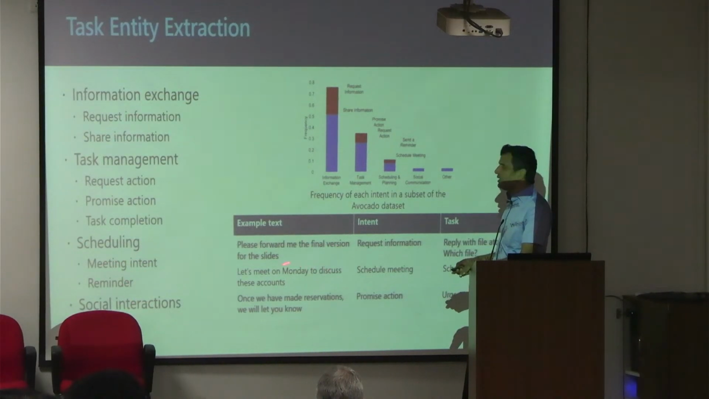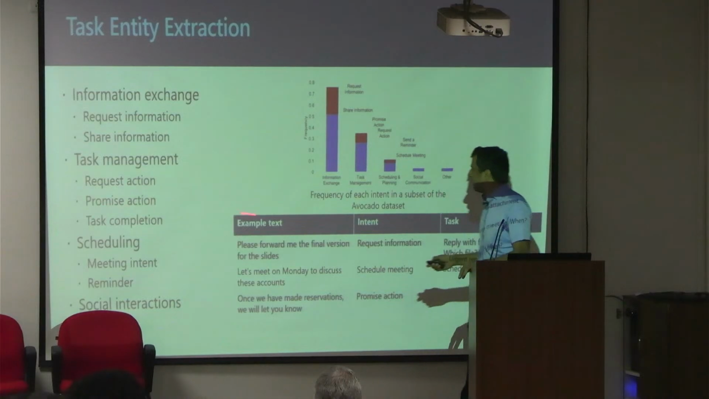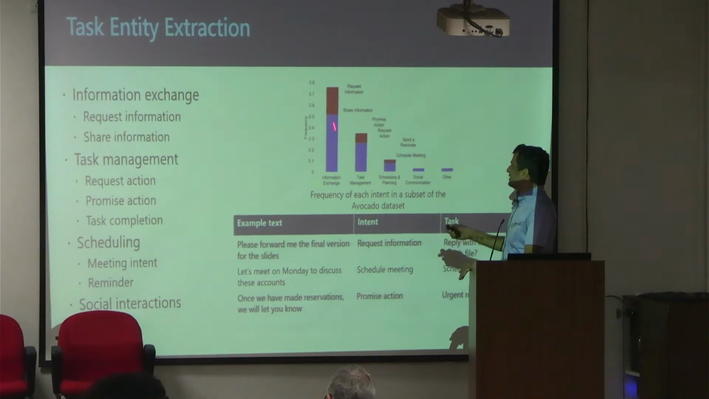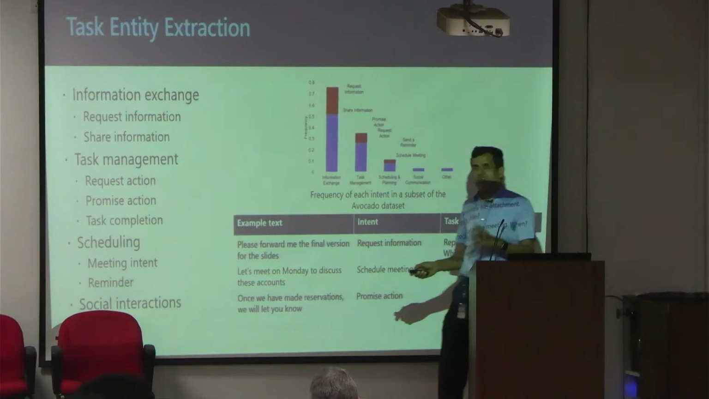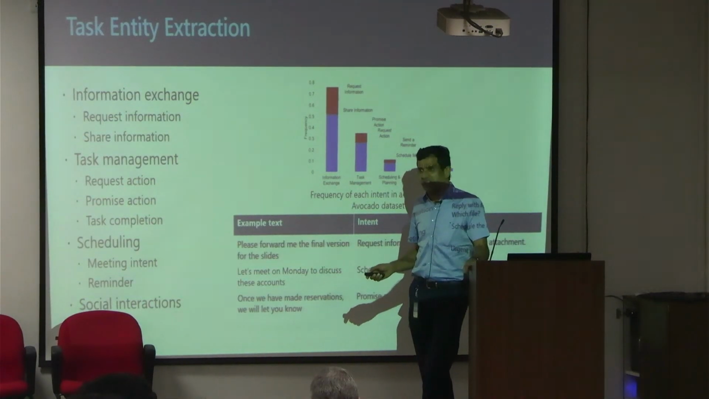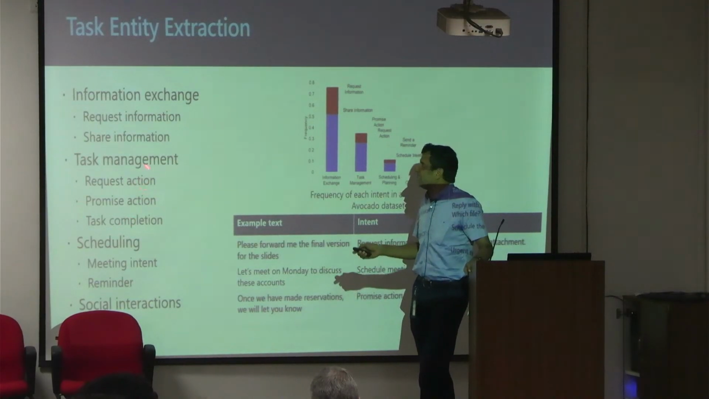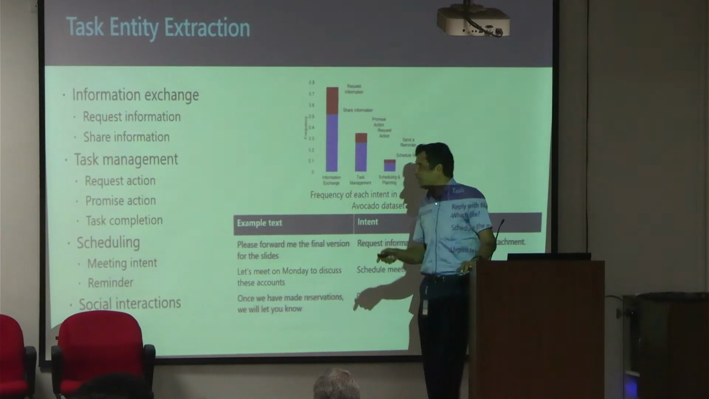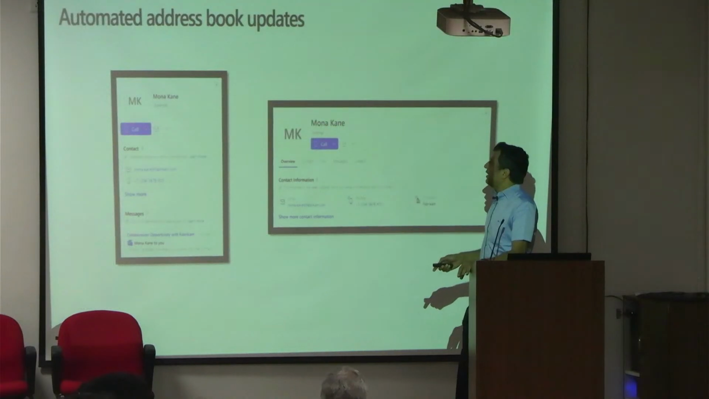Some of the examples are here. And among all these tasks, if we analyze the Avocado data set, information exchange tasks are many more than, say, social communication or task management, right? So, for example, when we want to do entity extraction, task is one of the entities, and task can, as I said, be of multiple types: information exchange, scheduling, or maybe a generic action, right? So this is one entity. Another entity is